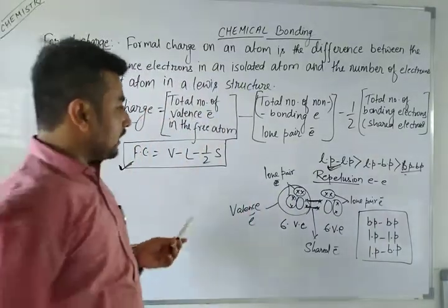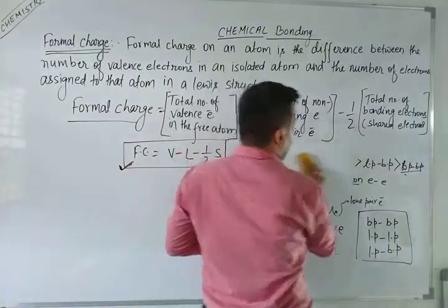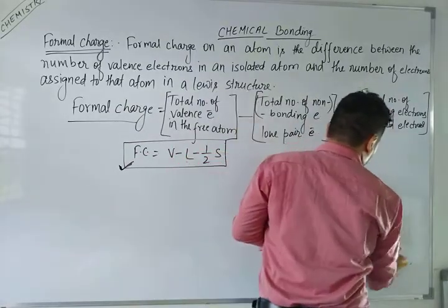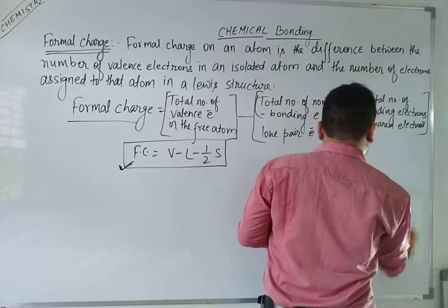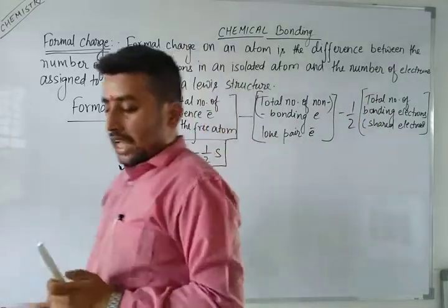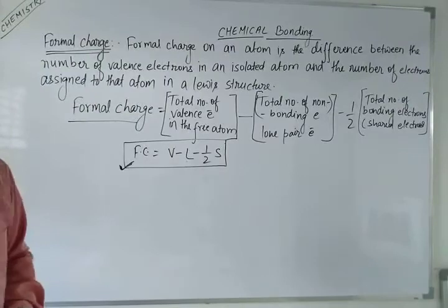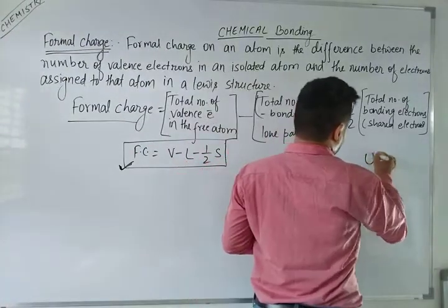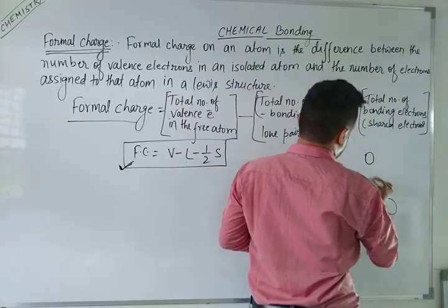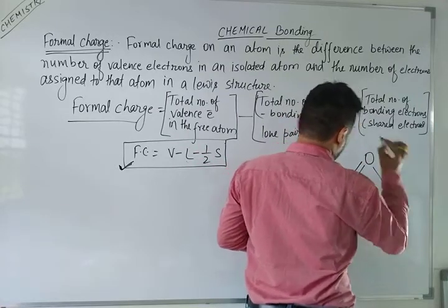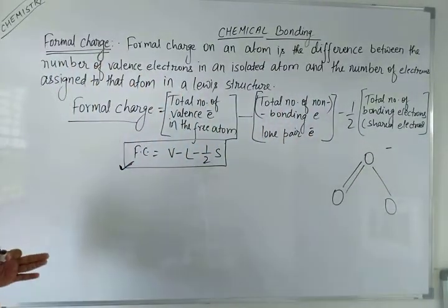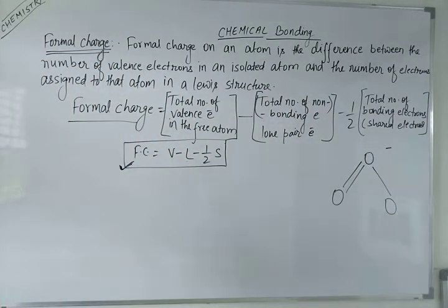If I talk about, just suppose, O3, you know very well oxygen, O2, but here ozone. In ozone, all the three oxygen atoms will have different formal charges. Oxygen, oxygen, oxygen: here 2, here 1, and here 1 minus. So this is our first example of the NCERT textbook also, if you have it. Otherwise you know very well here.